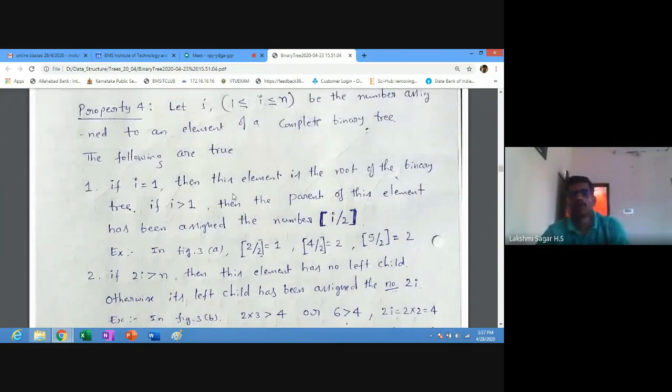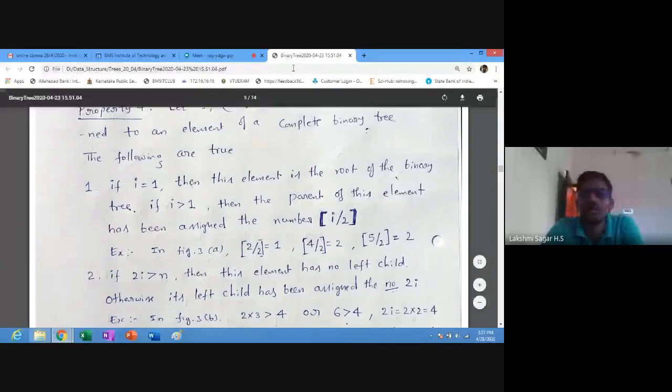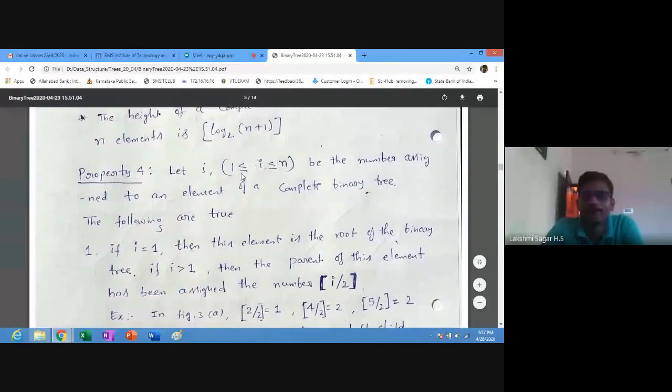Next, property 4. This is also very important. So let i vary from 1 to n, so i is greater than or equal to 1 and less than or equal to n.